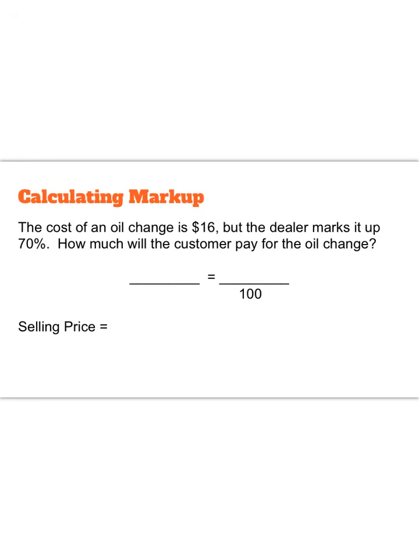All right, so it says right here that it costs $16. That's the wholesale price for the company to buy the supplies they need to give you an oil change, oil filter, oil, whatnot. And it says they're going to mark it up by 70%. So I'm going to solve my proportion. I'm going to take 16 times 70, and then I'm going to divide by 100. And it looks like the markup is